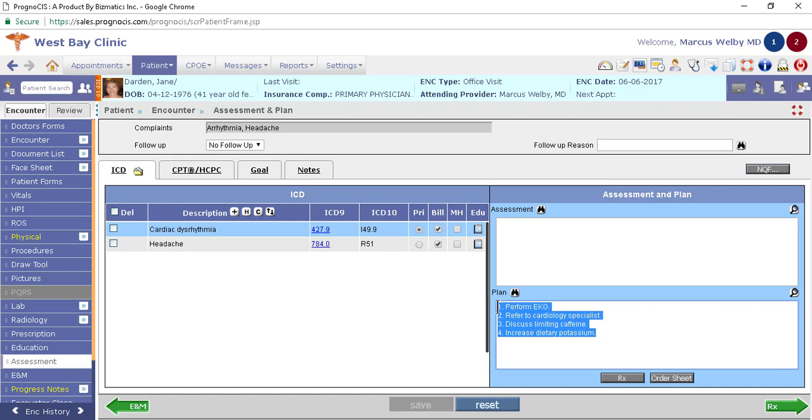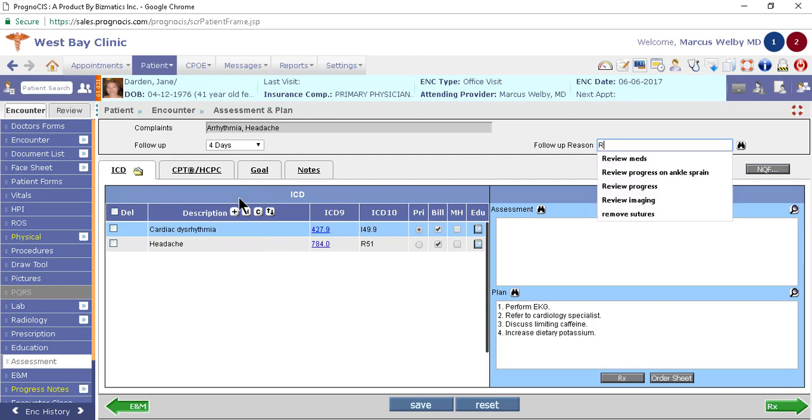Notice that for my arrhythmia, I have specific ways that I might like to deal with that, but I can always edit that. I can change something else. I can do a prescription. I can choose to order something. So it really allows me to quickly capture that information from the portal, and get on with my note and be done with